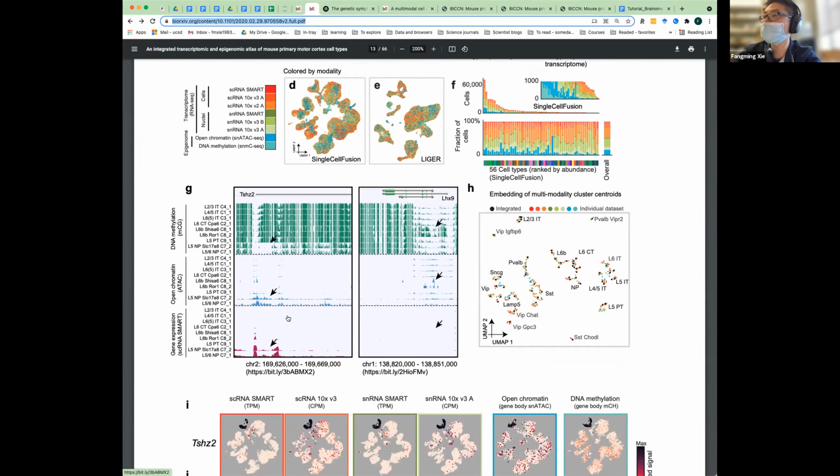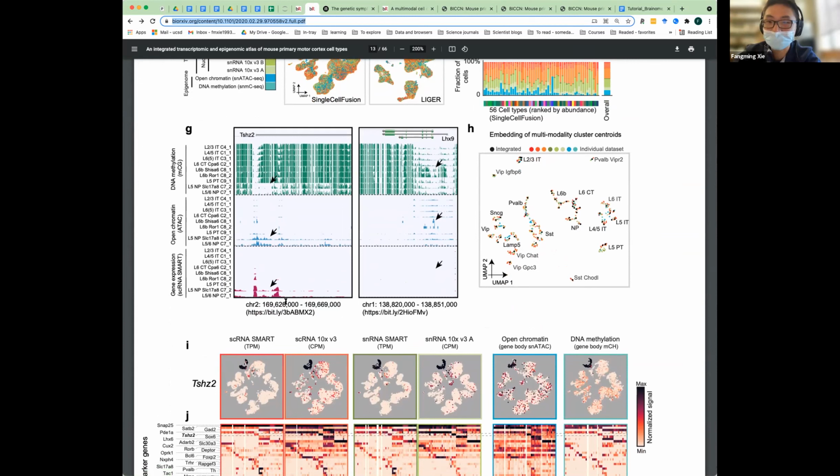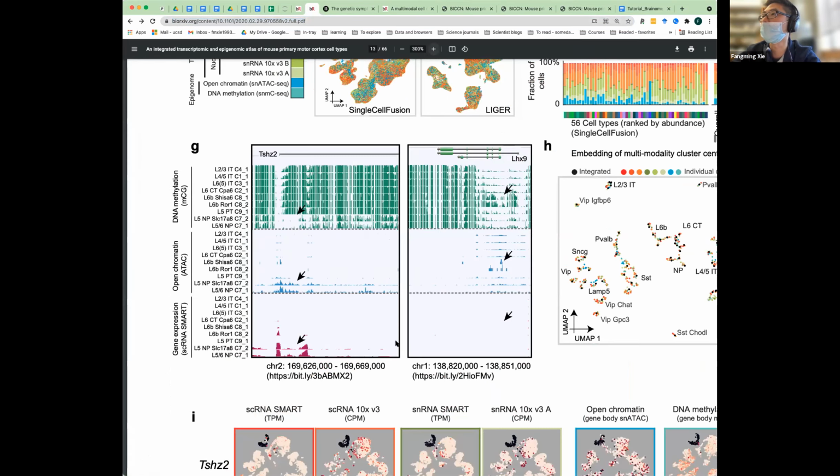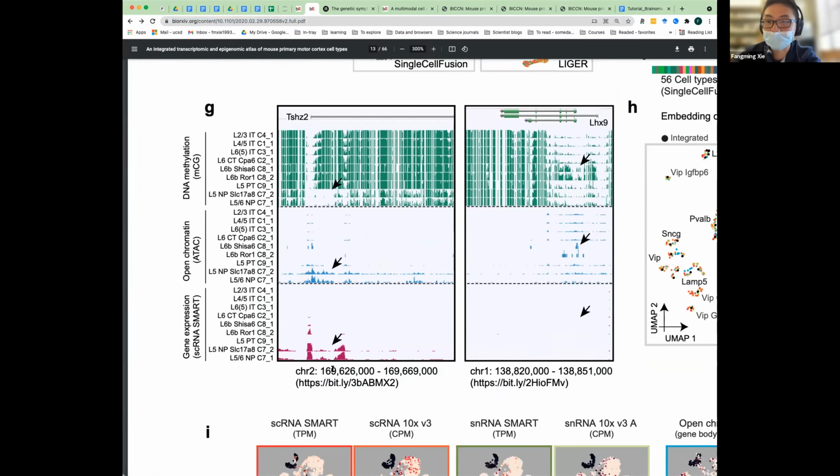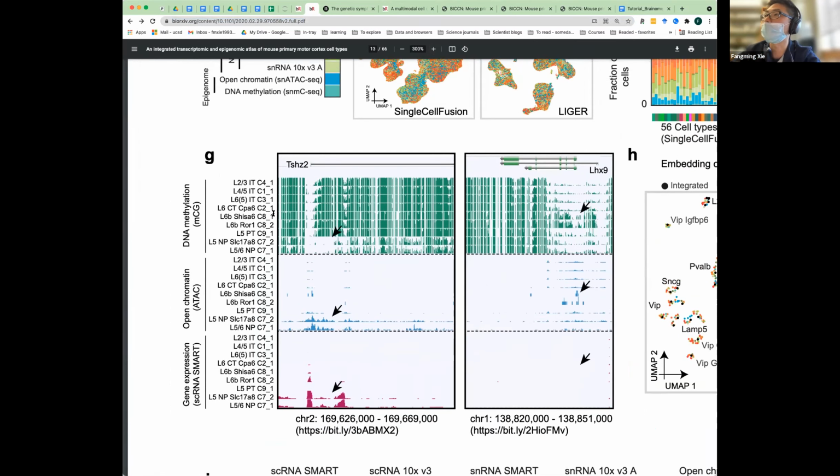I'll show you, as an exercise, how we can come to this page and what interpretation we have about what we learn from looking at this browser chart. On the left panel, we're in a gene location near the transcription start site of a particular gene, TSHZ2.